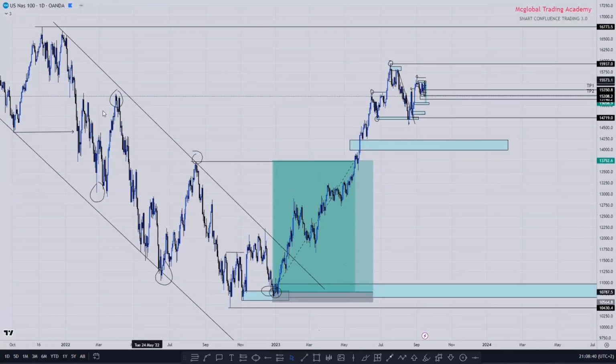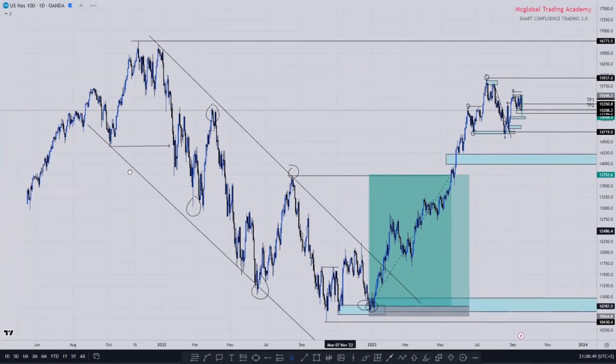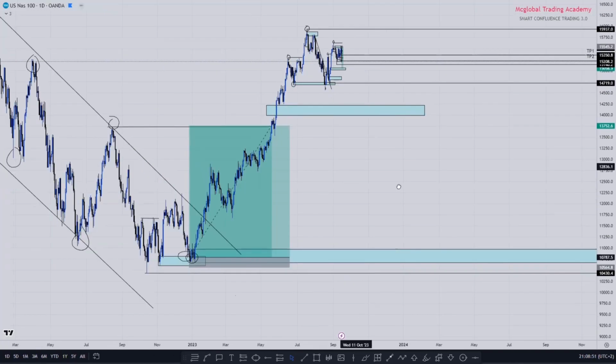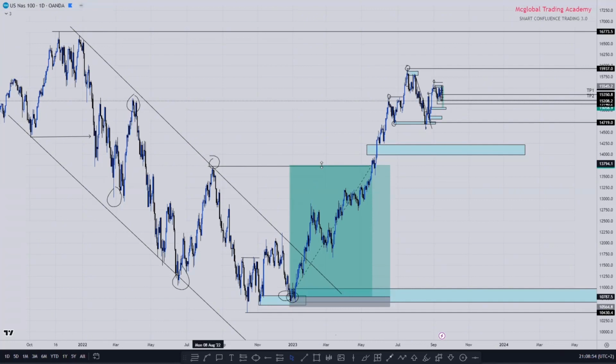So here, downward channel, you can say blah, blah, blah. But the real gist is the structure. If trend lines don't break structure, they're as good as useless. So here you could have targeted this high, first target,